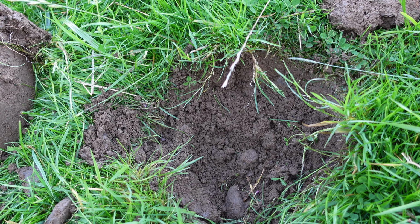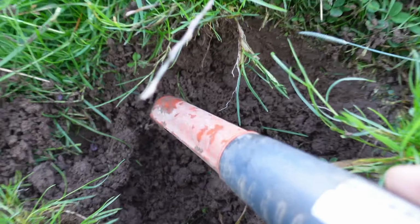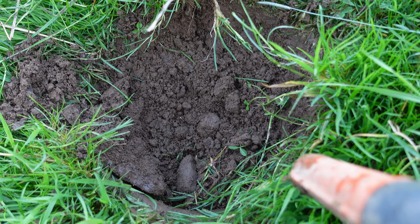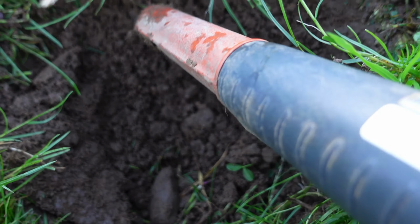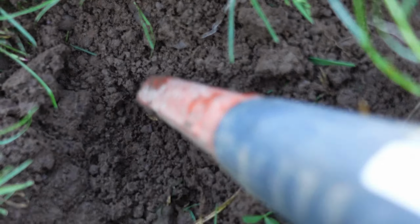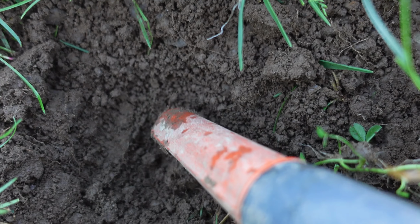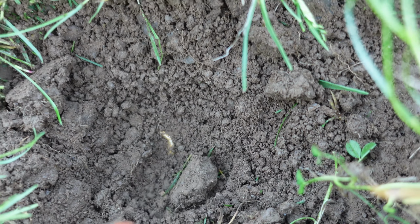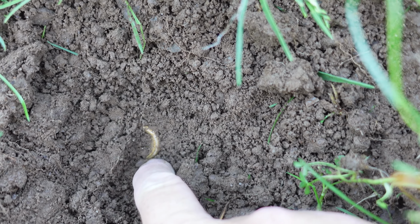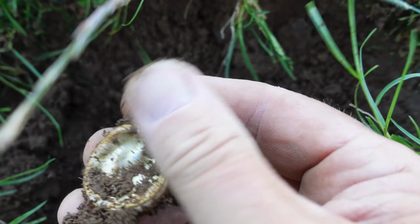So this one was reading a 42, all bars to the right, absolutely blowing the head off me. Oh. Press and hold. How hard could it be? There we go. Ooh. Ah, you dirty...